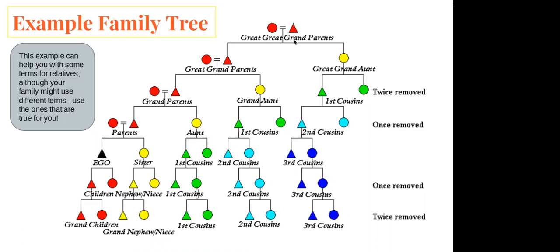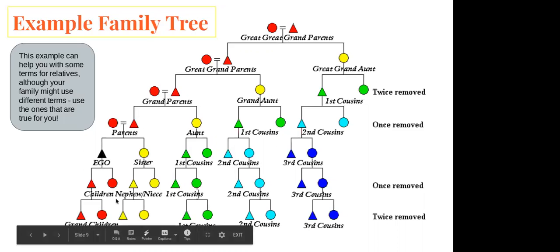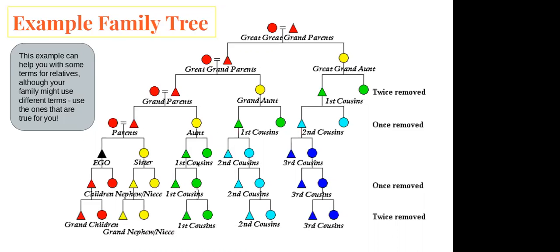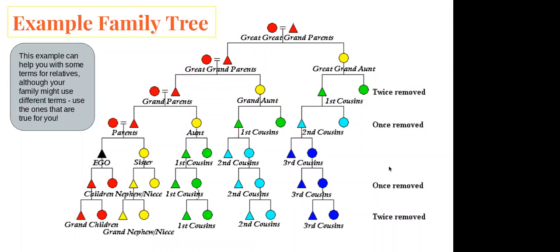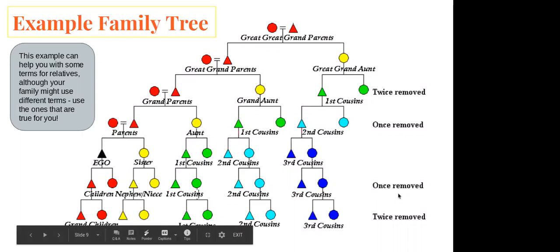So we see, okay, here's the great great grandparents, right? And then this is the person who is doing the family tree right here, ego. And so we have the children, the grandchildren, and then we can see by the different color coding, we have first cousins, right? And then it's telling us, okay, this is twice removed, this is once removed. So this is a way to figure out